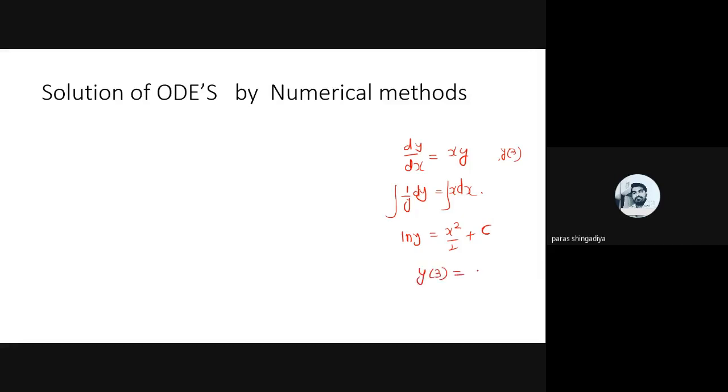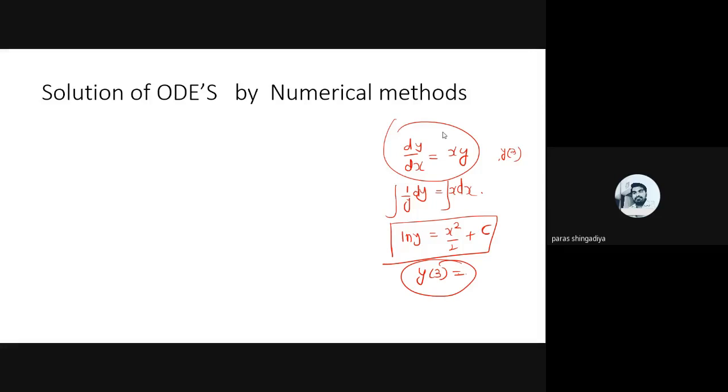Okay, in step size, we'll find the y of 3 directly by using the step values. We'll skip this part in this numerical method, and we'll directly solve for y of 3 for the given equation. Clear? What will be the y of 3 for the given data? So let us define the formation of this concept and check how many methods we'll learn in this unit.